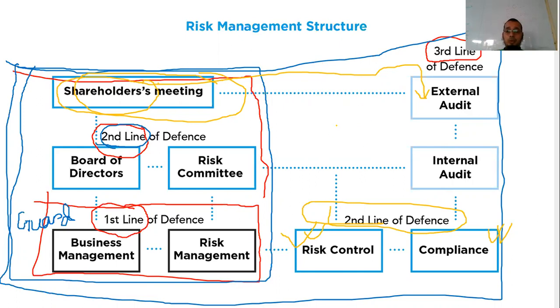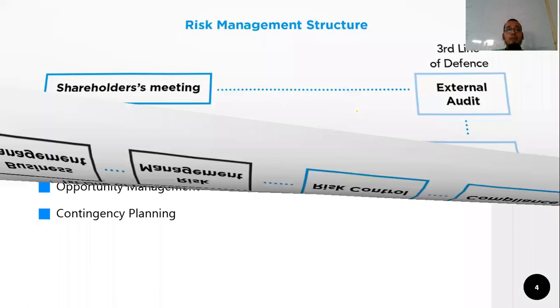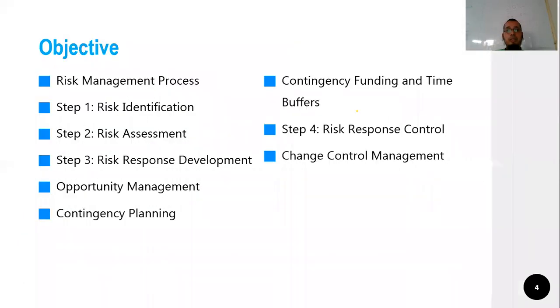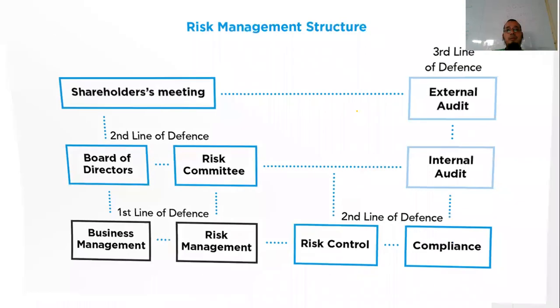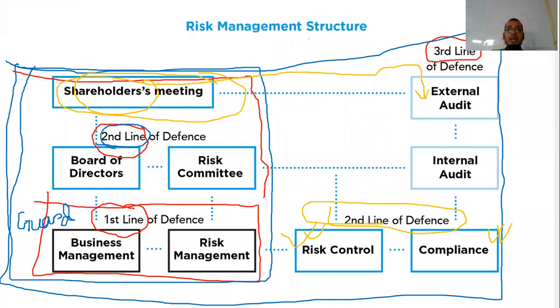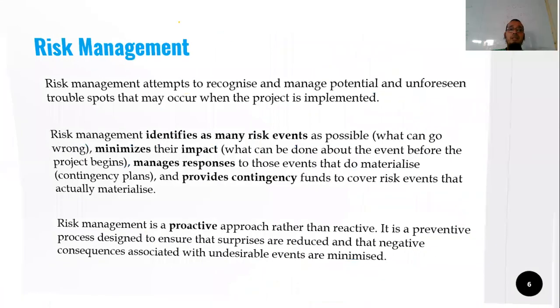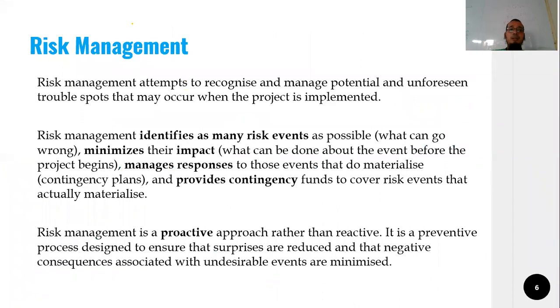So when we talk about the framework, the first portion we should go through is the risk management structure. If we have the proper structure, only then can we identify the best risk management capability, and so we can identify the further options. So if I give you another example,